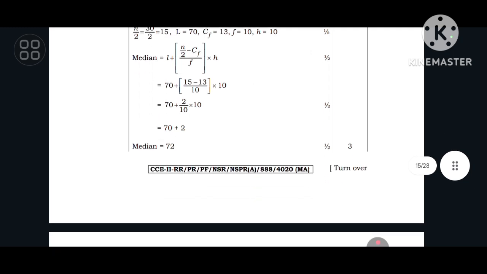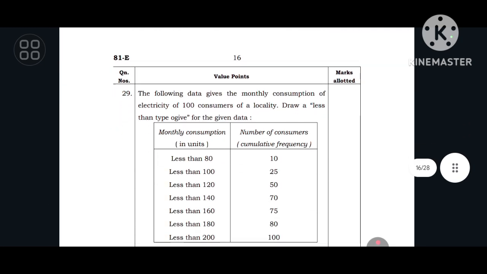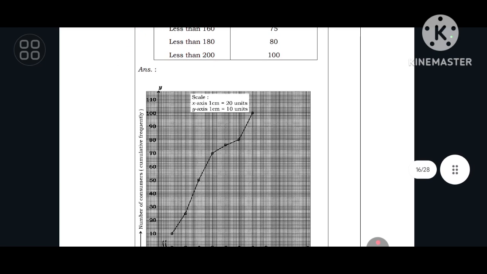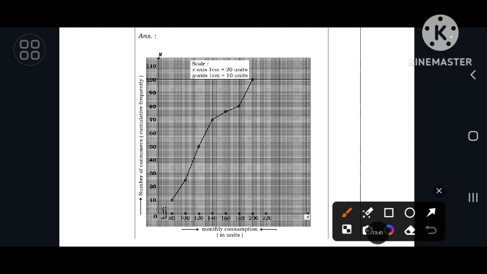Now I will just be scrolling this paper. You just go on watching how they have solved the question paper and what tricks they have used. I will be explaining here the mistakes students make in the question paper. Here they have scale units. We should write this, because this will fetch you half or 1 mark, and plotting all these points will fetch you 1 mark,